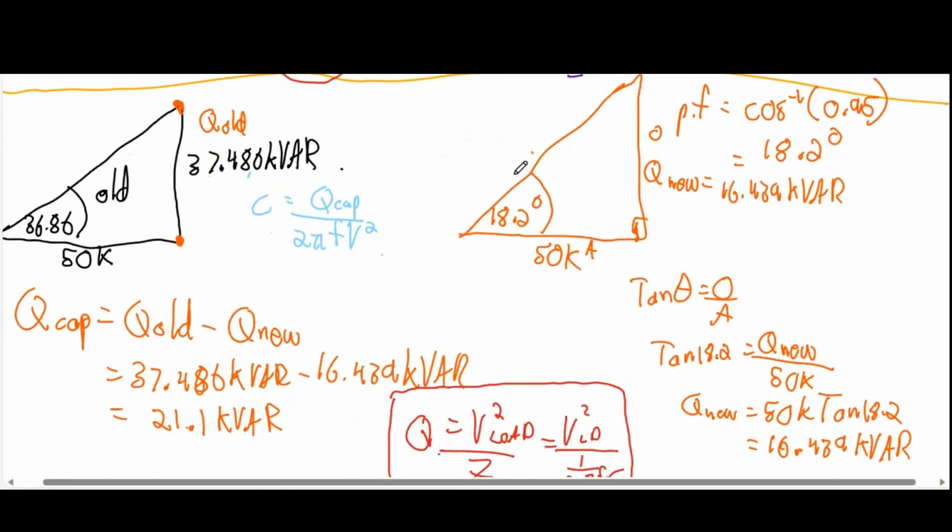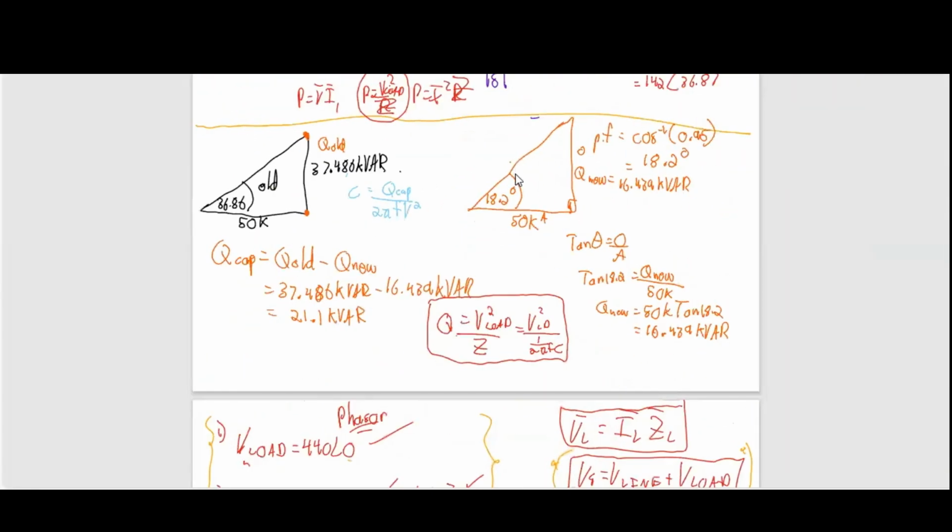Yeah, so we continue the question now. It's just to plug in the values and get the answer. So Q cap is 21.1 kilovars, 2 pi by 60. And V, remember the V load is 440 here, right? So when you plug that in a calculator, you will just end up with